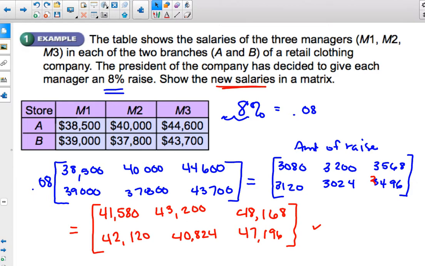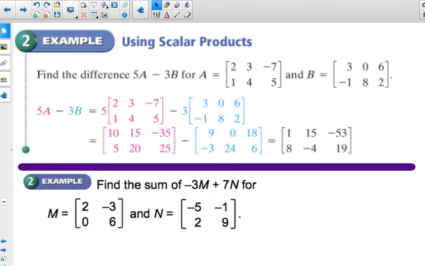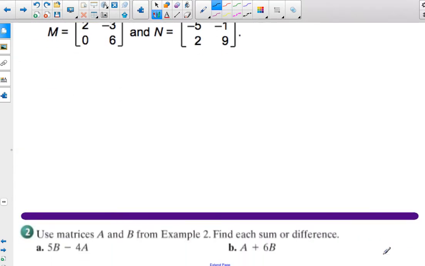It took a little bit longer than I wanted to, but that's because we did not have the calculator at our disposal. All right, so now using scalar products. This is actually pretty easy. What you're going to do with this is you're going to